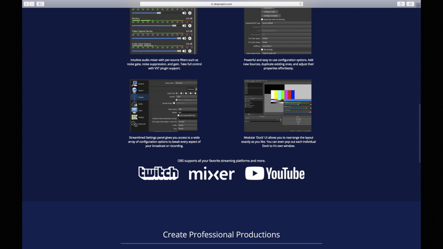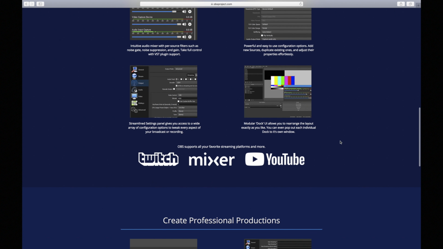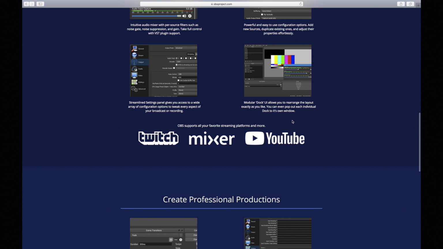Streamlined settings panel gives you access to a wide array of configuration options to tweak every aspect of your broadcast or recording. Self-explanatory. Modular dock user interface allows you to arrange the layout exactly as you like. You can even pop out each individual dock to its own window. Again,